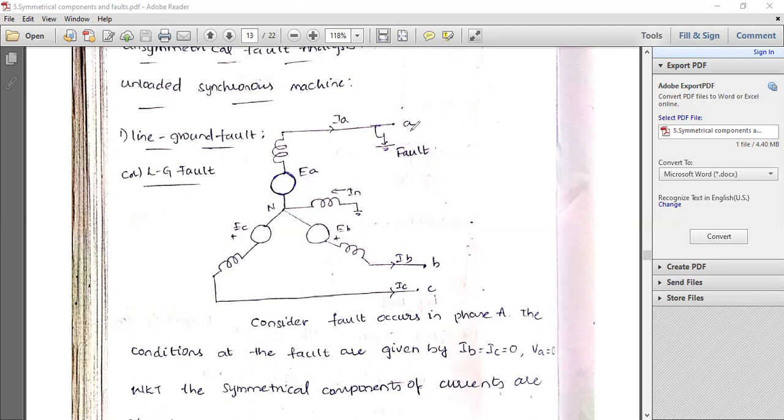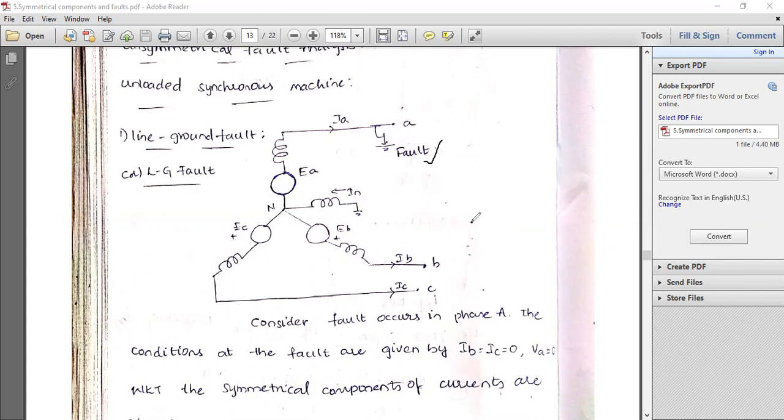Now, see, this is our assumption. Sir, why have you taken only phase A? Why not phase B? Why not phase C? That is up to you, but the analysis is not restricted. You can take your own analysis, you can do it also. But most of the time we consider phase A, and we have the line to ground fault in that phase. So in this particular case also, I have taken phase A, where the line to ground fault occurs. That's why I have noted it down as fault.